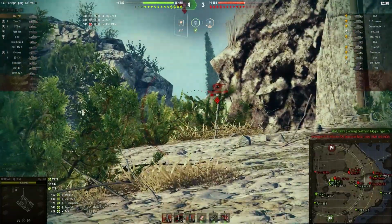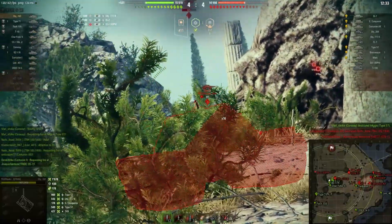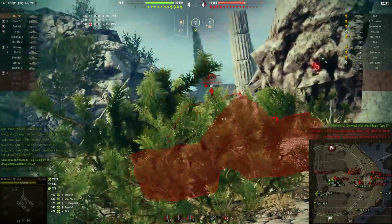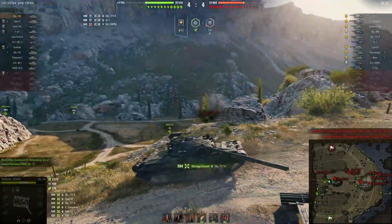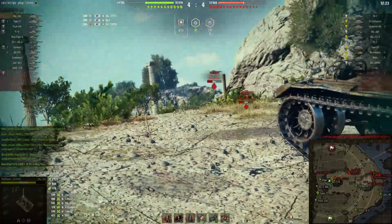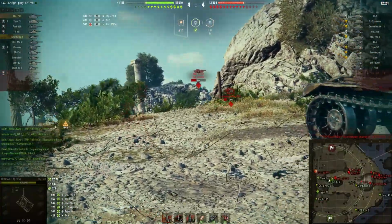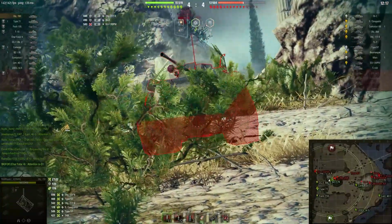But this fight here, if we win this fight and we can open this entire flank, we can basically put a lot of pressure on the enemy team, because we can always fall back and defend our base from here as well. You can see, first time we're using a premium round to go through, I think, the cupola on the Object